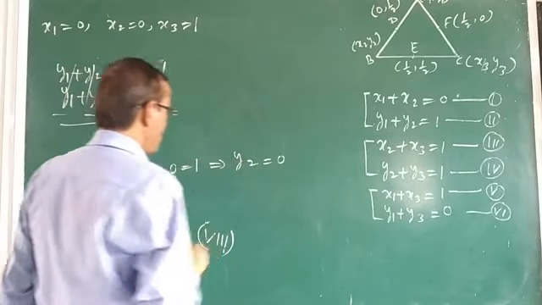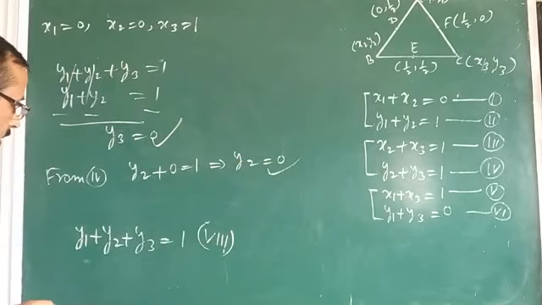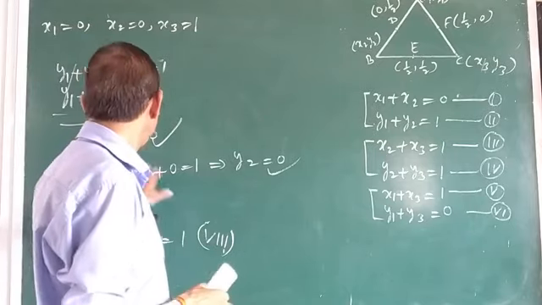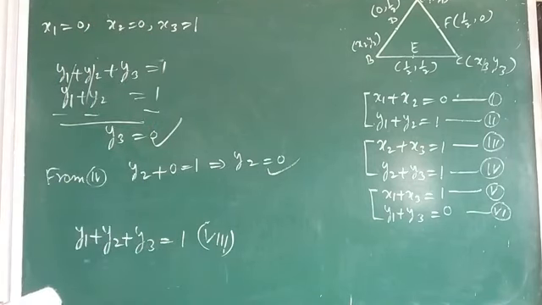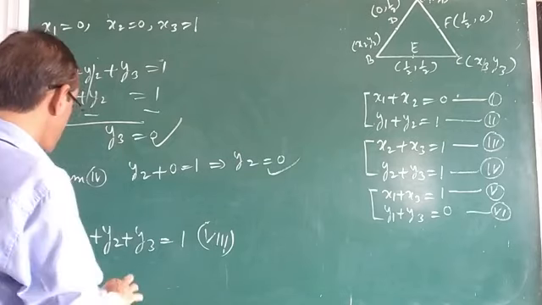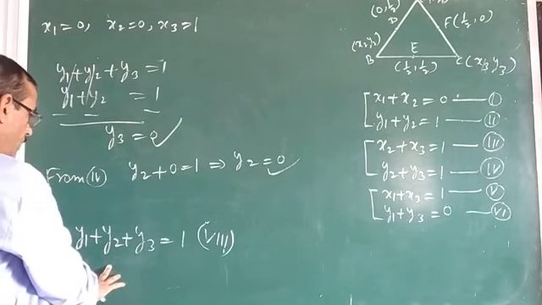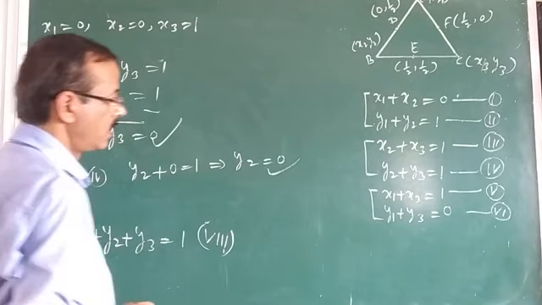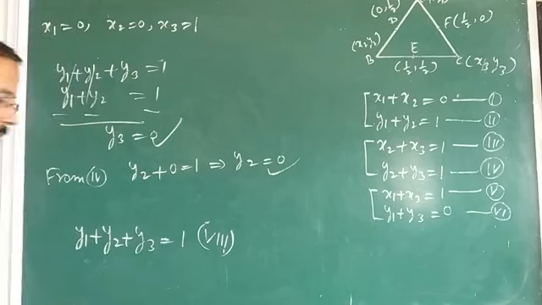y2 is equal to 0. We found that y3 is 0, y2 is 0, right? Now what remains is y1. Since y3 came 0, all are coming 0 here: y1 0, y3 0 and y2 0. If y3 is coming 0, why are they coming different? Let me see for one minute.